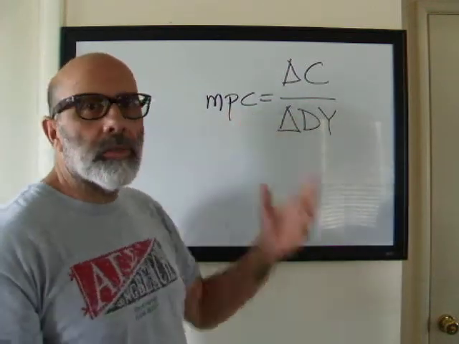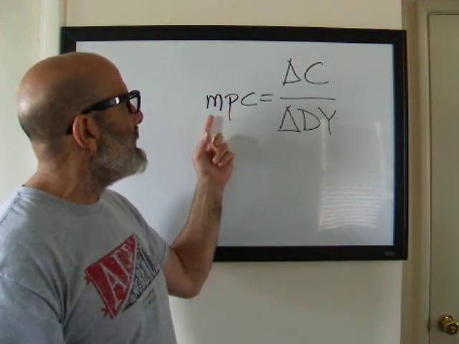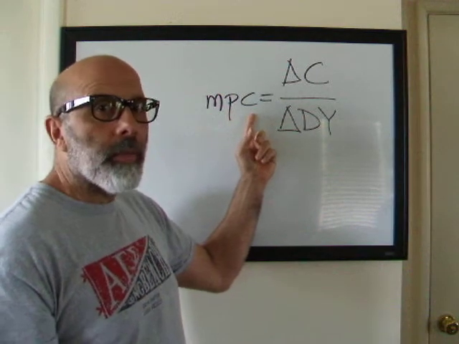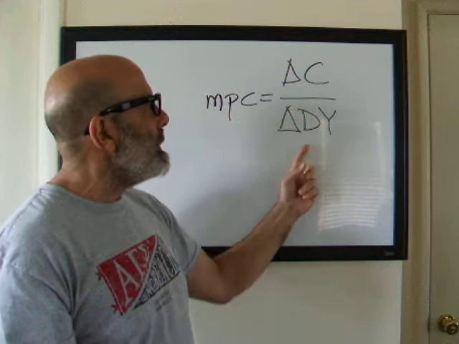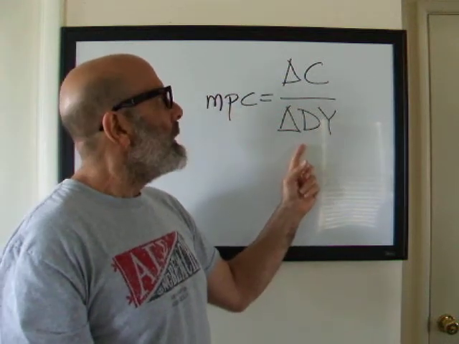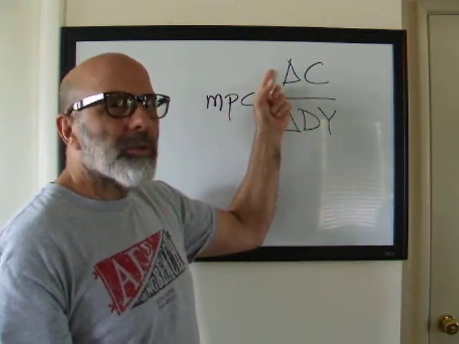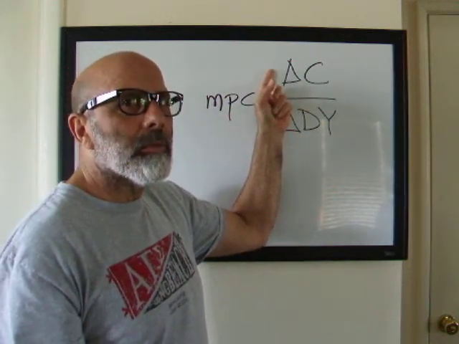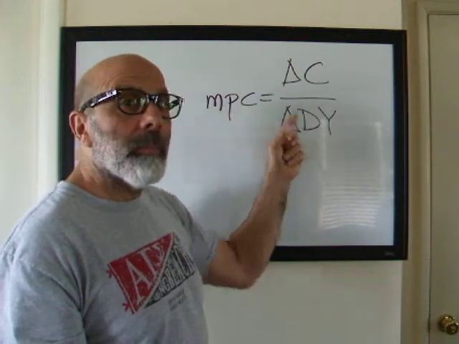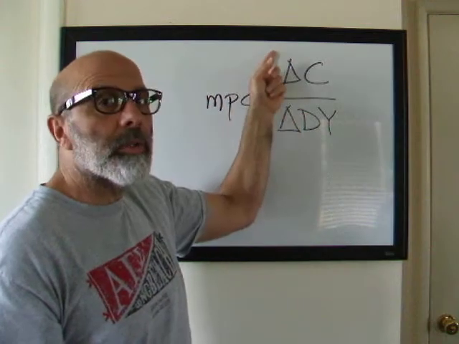And you guys know what consumption is. It's households buying a consumer good. So what this is saying is, what's the added likelihood that a household will buy something? And economists say, if you really focus on disposable income, you can go ahead and say, well gosh, when disposable income changes, household consumption is probably going to change. When disposable income goes up, household consumption is probably going to go up. When it goes down, household consumption is going to go down.